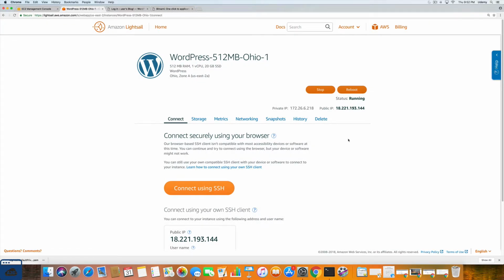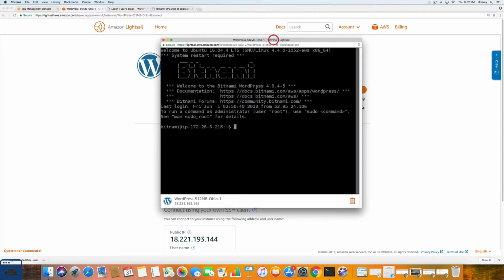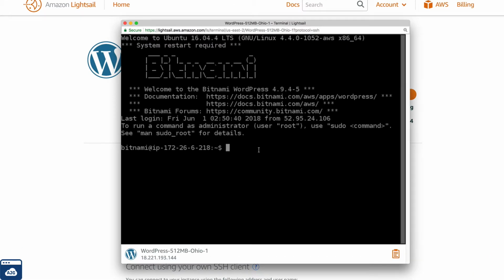All right, so what we need to do next is get our password so that we can log into the WordPress admin page and make changes. So to do that, we need to click this button here, connect using SSH, and we need to type in the following command: cat bitnami_application_password. All right, and so that is our password